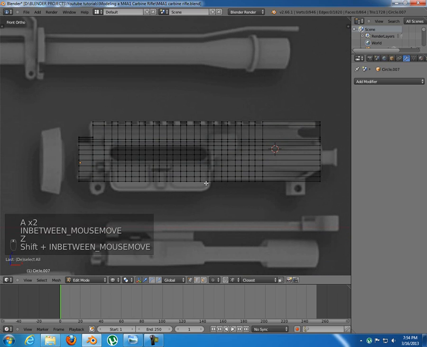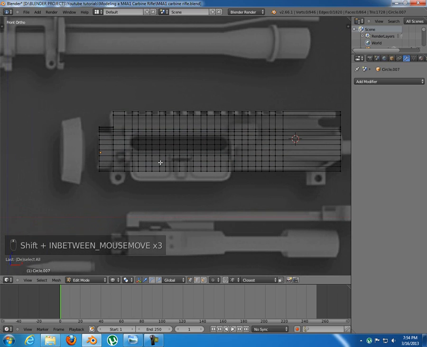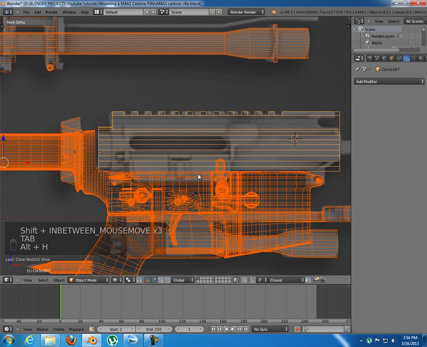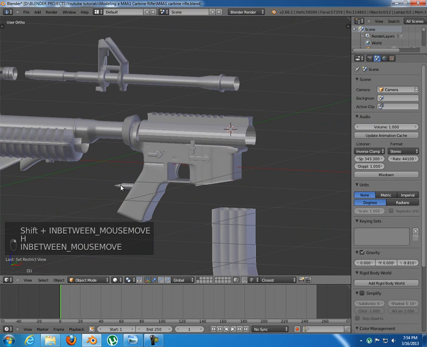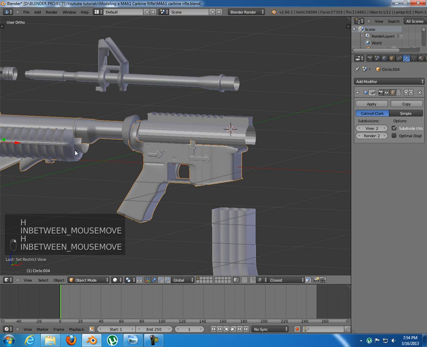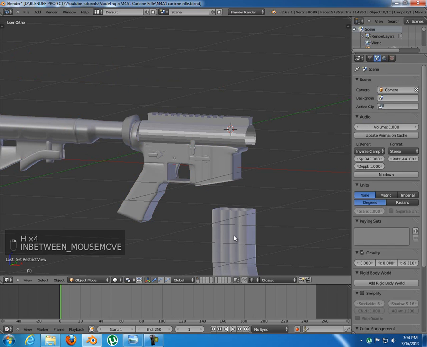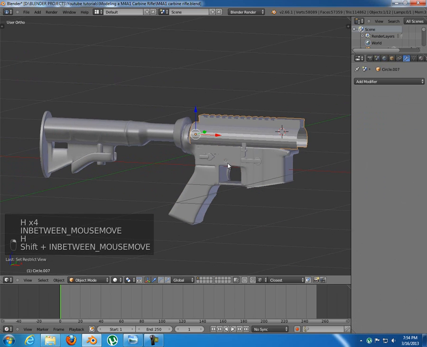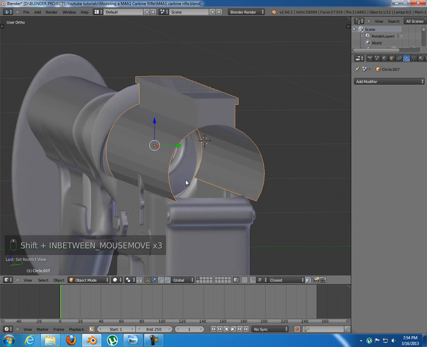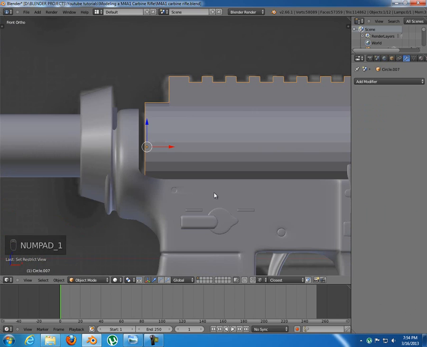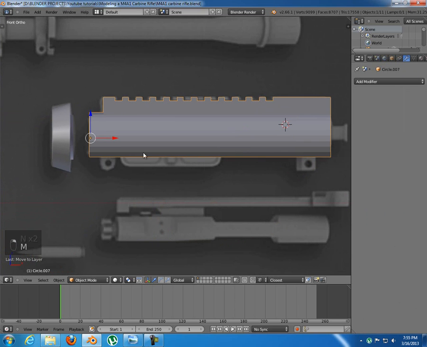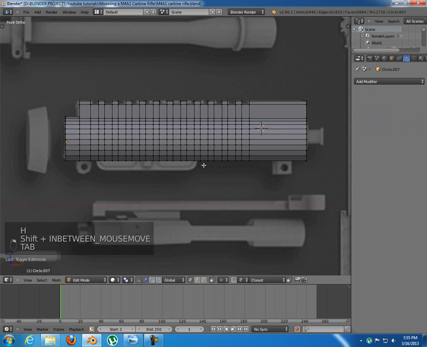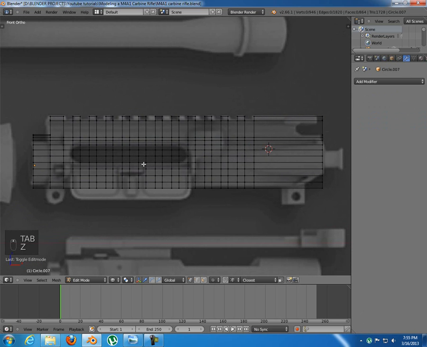Okay, let's go further now. Where should we go first? Let me just check if everything's alright. I'm gonna hide all of those pieces again. Yeah, and I think for the moment it's okay. We're gonna do more when we add the subdivision surface. I'm gonna move this to the second layer, hide this one. Okay, back into edit mode, and now I'm just gonna